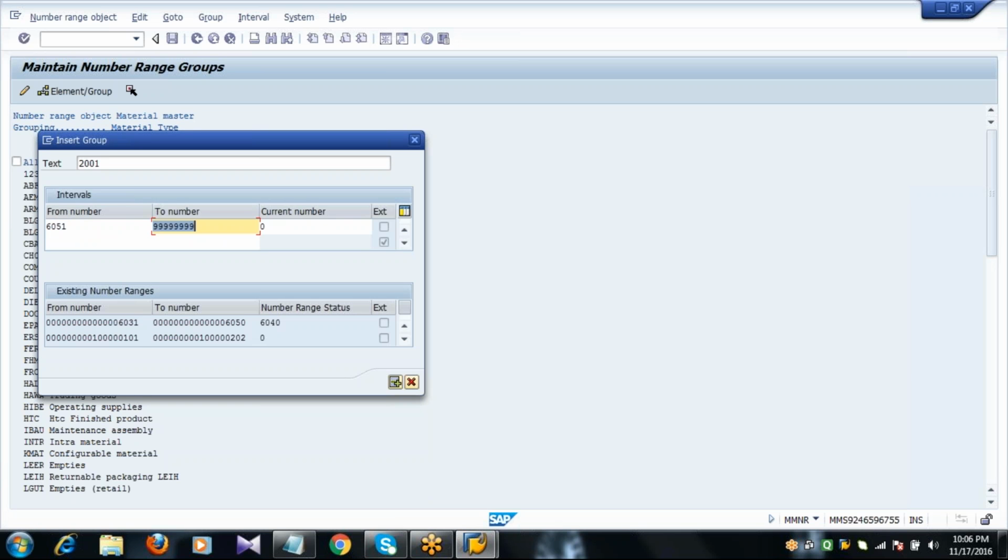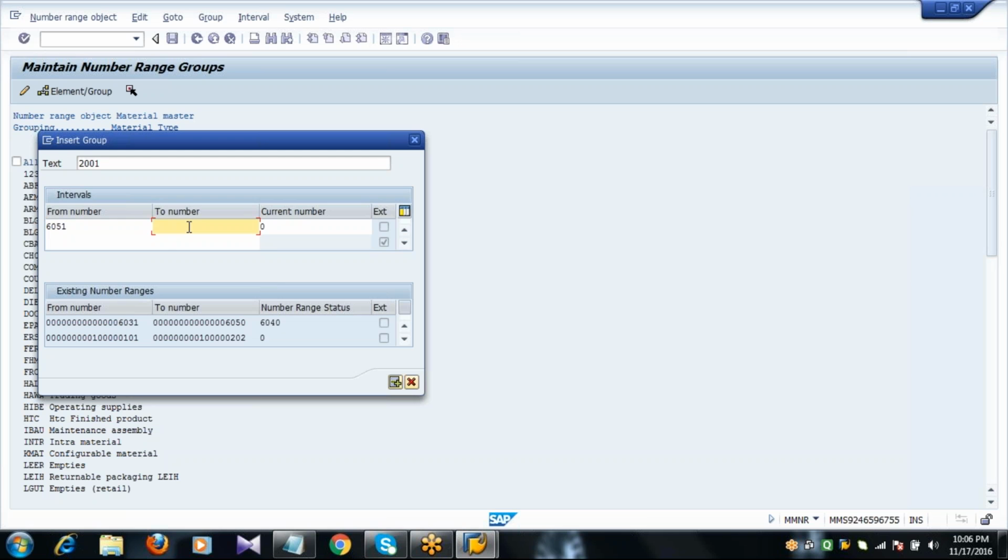Let's say, for example, I have used all the 18 digits of 9, by mistake. If the next person wants to define number ranges, the system will throw a message saying that no values were found, because all the number ranges have been used by me. So while you are practicing, don't waste the number ranges unnecessarily. Please be careful, guys. Hardly will we create 10 to 20 materials, not more than that in our entire training program. 10 materials is more than enough.